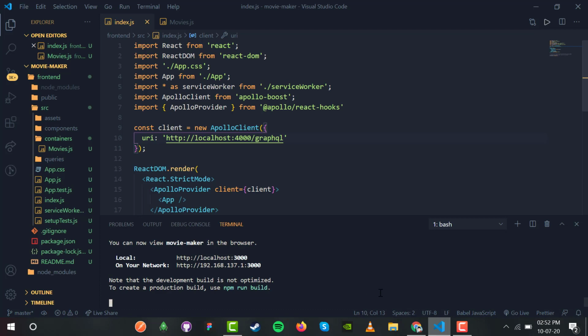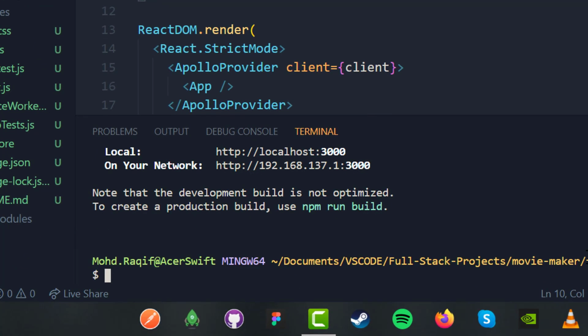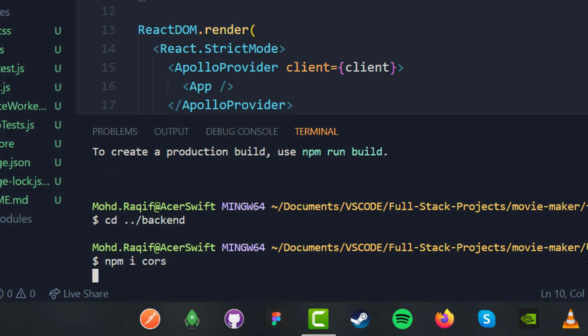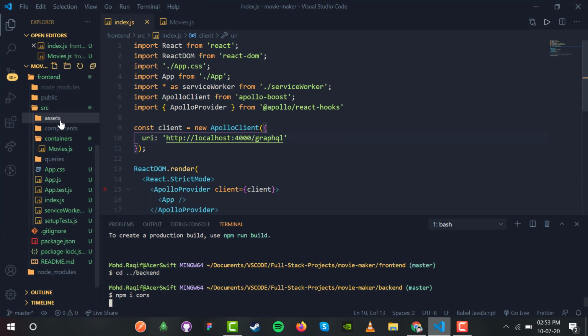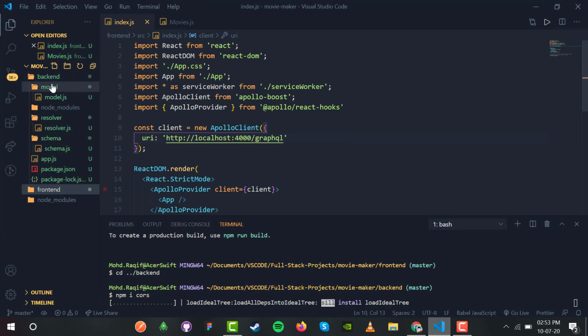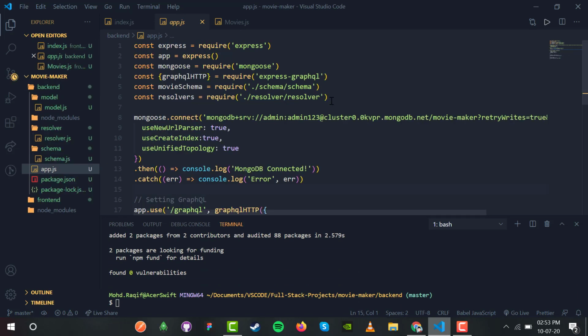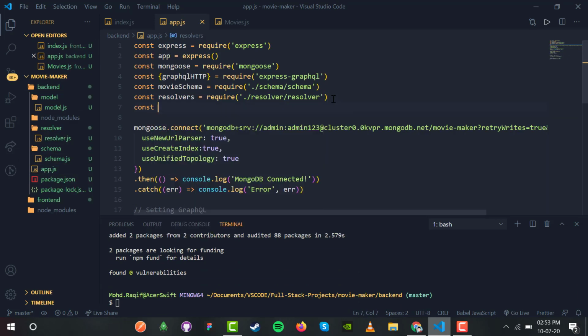So to solve this issue, we first have to install something known as CORS, for cross origin. So inside our backend I have to install npm i cors. Inside the backend I have app.js and I have to import CORS: const cors = require('cors'), so that I can communicate between different URLs as well.